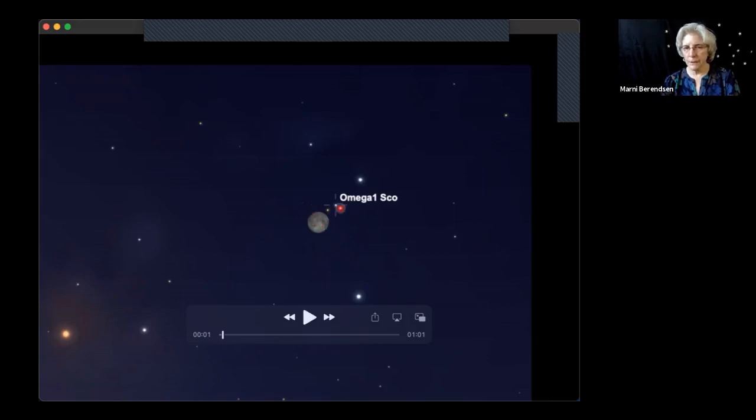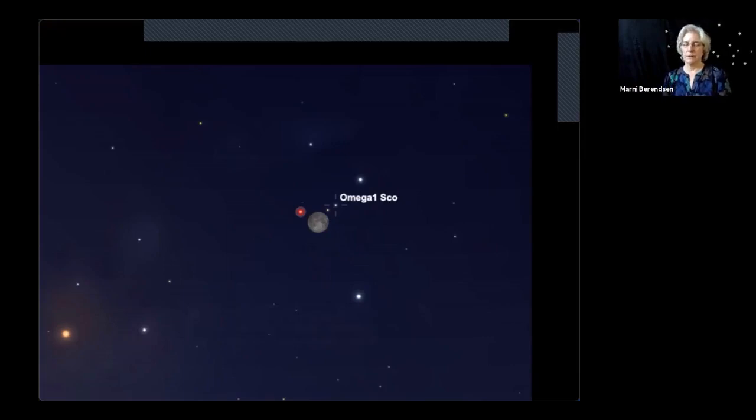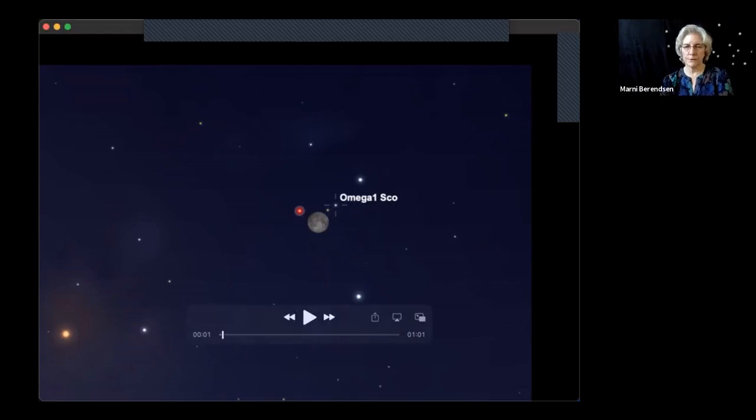And you can see, based on that star, that the moon is moving across the sky in its orbit. That's one of the nice things about eclipses, is that you actually can see the movement of the moon. And the video is also going to draw a circle where the Earth's shadow is.